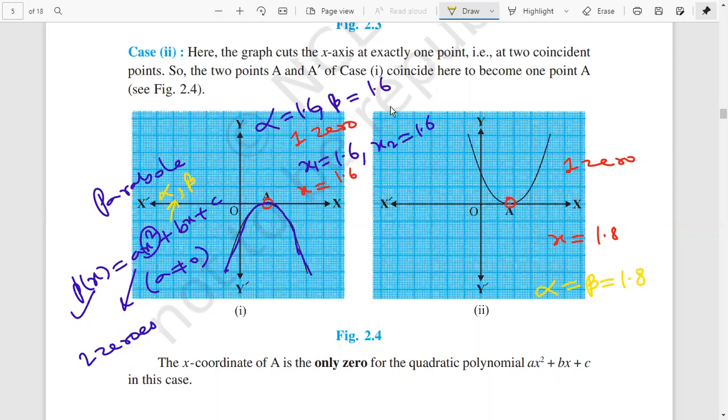That is our understanding. But zeros are basically different values of x. See, alpha and beta are x values only. So we can write x equal to 1.8 for the first value x1 and 1.8 for x2, because the graph is parabolic. In the equation we can see we have x square, so 2 zeros will come, but both the zeros have the same value. And we can say 2 roots or 2 solutions, but both have the same value.